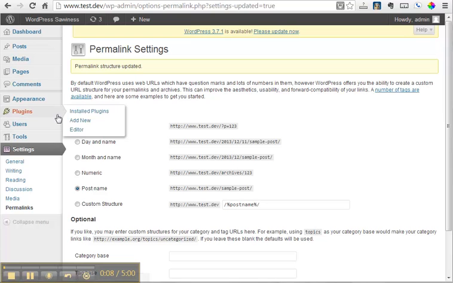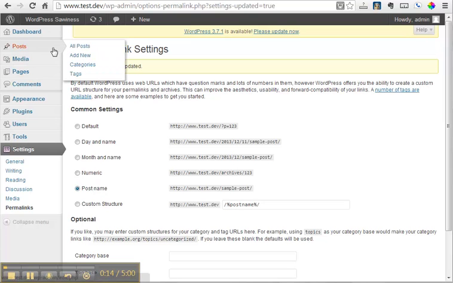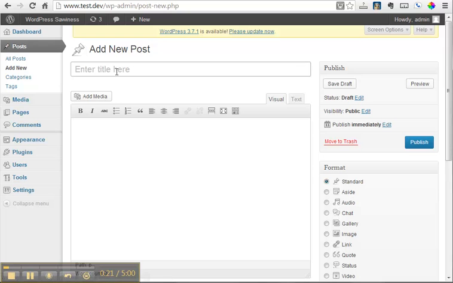So from here, now that we have this post name setting all set up and ready to go, we're going to do a new post. So you go up to post and click add new. This takes you straight away to your post, and we're just going to do the post title